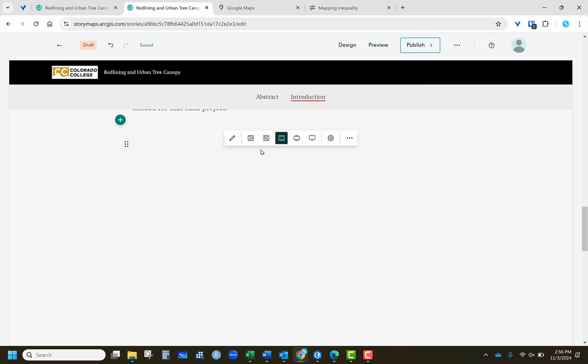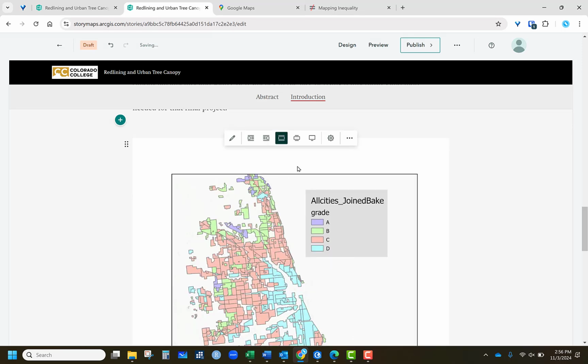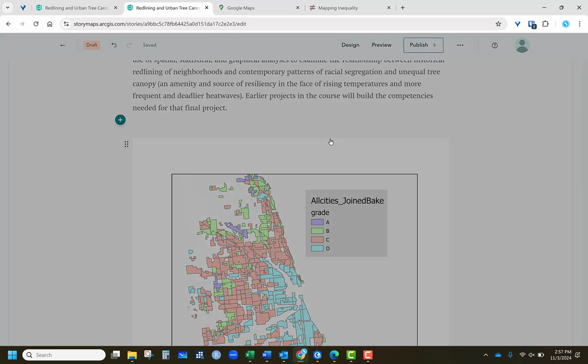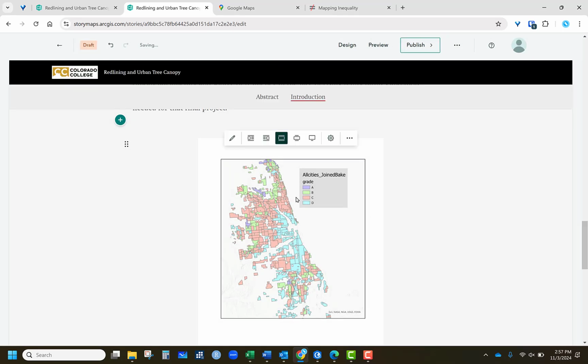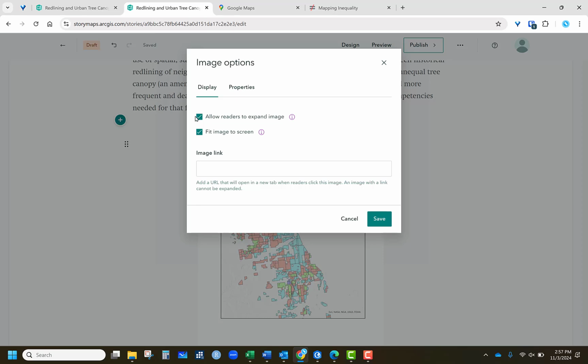And again, once it pops up, you want to play around. Notice none of my images are finely formatted. My legends are unformatted and so on. So these are just for examples. But you want to play around. So you click on the cogwheel and you think about whether you want it to fit image to screen. That gives it a smaller but more crisp look, that kind of stuff. So you kind of want to play around with and whether you want readers to be able to expand the